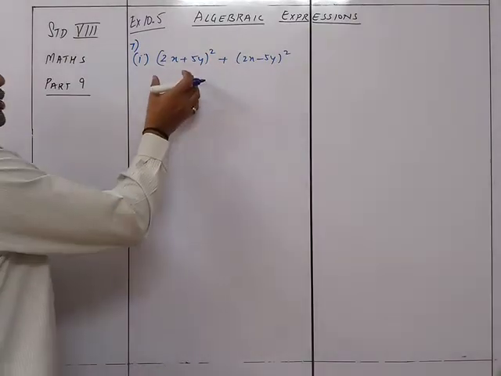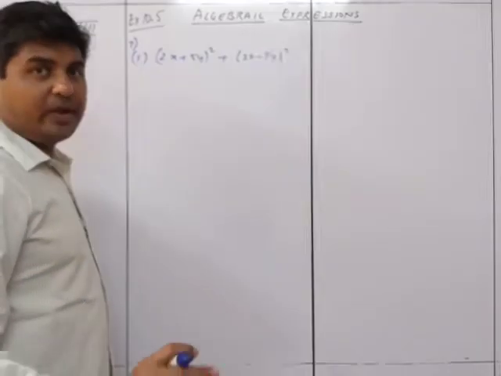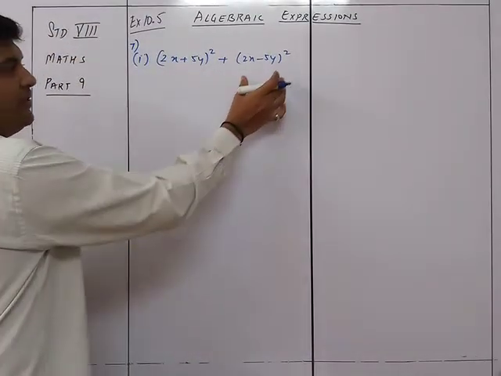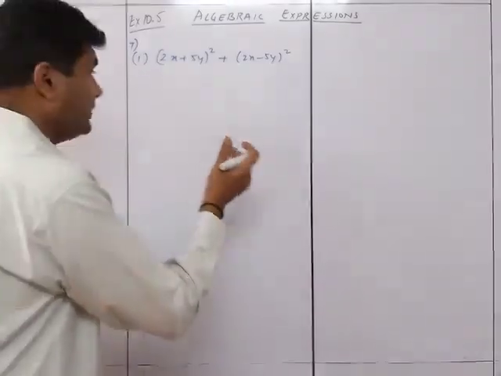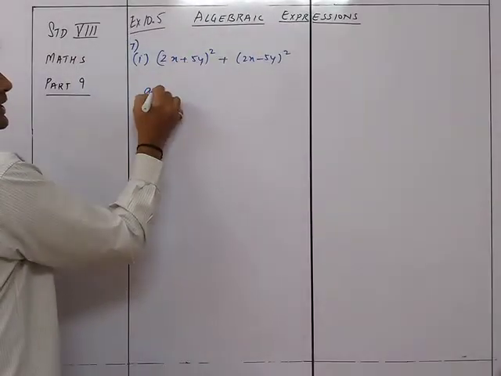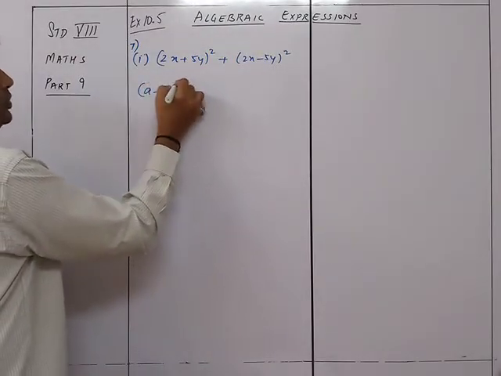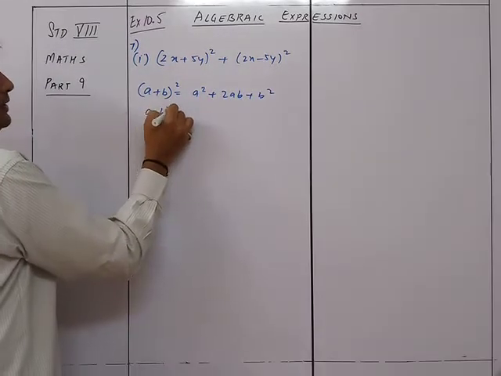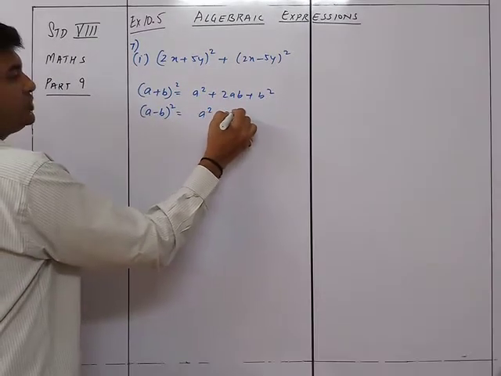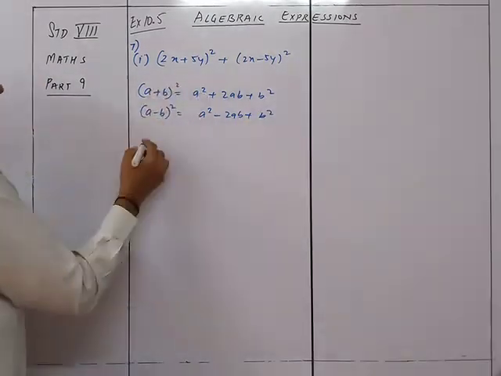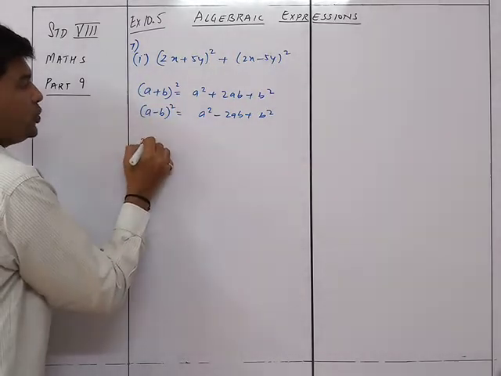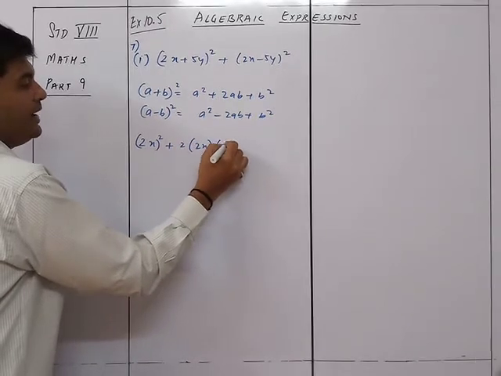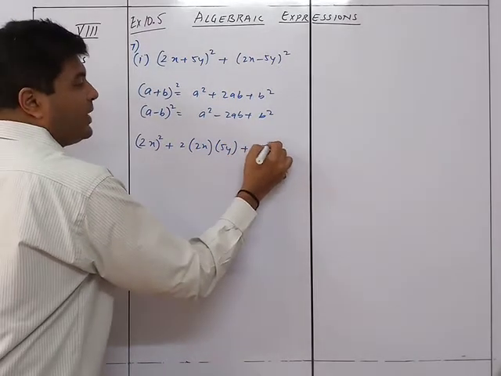Now you do not have any formula for a square plus b square. So we cannot use any formula directly over here. So what we'll do is that we will use one formula for this and one formula for this. And then we do addition over there. So first formula is for a plus b the whole square: a plus b whole square is equal to a square plus 2ab plus b square. And a minus b whole square is equal to a square minus 2ab plus b square. Accordingly, you have over here a's value is 2x, so it is 2x the whole square plus 2 into 2x into 5y plus 5y the whole square